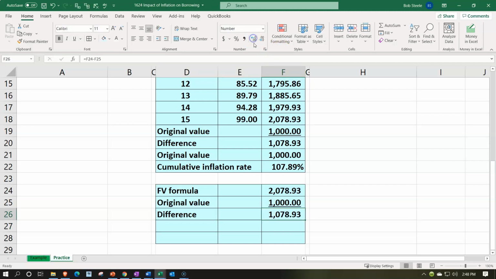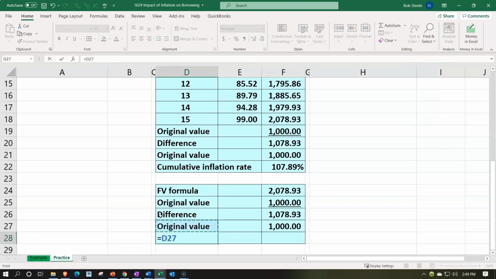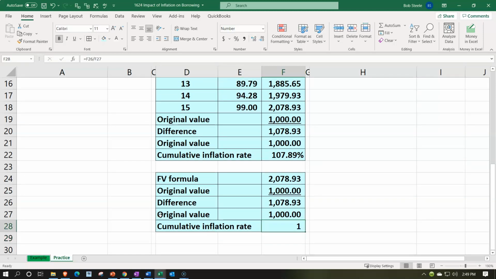Comparing that to the original amount, the 1,000, this is going to give us the percentage change, right? That gives us the percentage change or the cumulative inflation rate, meaning the percentage change over the entire 15-year time period, that being the difference divided by the 1,000. Adding a percent here, number group, percentifying it, adding a couple decimals back to that,